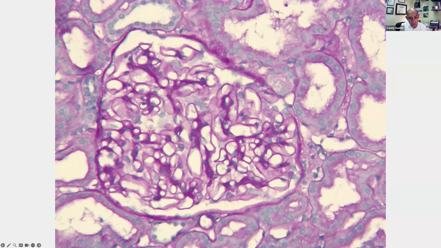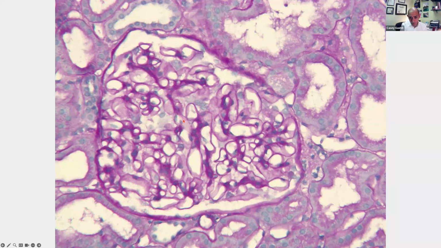Sometimes we pay attention to how open they are, and whether they're too proud or too stiff. That could be a hint that maybe there is a membranous component to it. And since that's where I put my nickel, that's what I'm going to go with. But I wait for the Jones stain and then obviously for the fluorescent and EM. But here, this glomerulus looks pretty good.